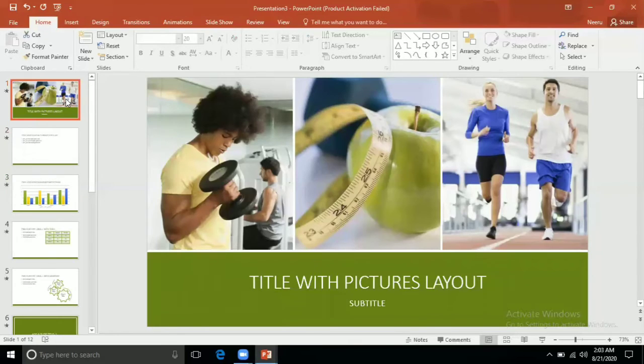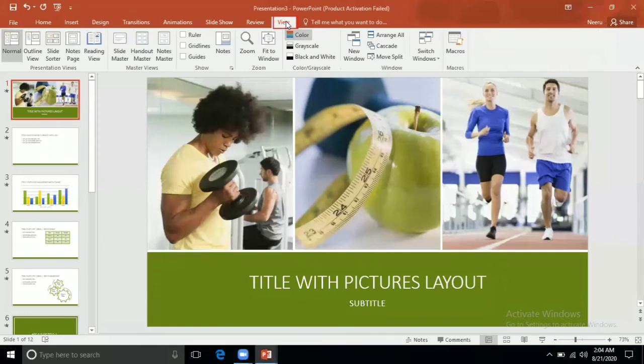One view is slide sorter view. As the name indicates, slide sorter means it will sort our slides. Slide sorter view basically shows the overall view of the presentation. In a sequence, we can see the slide numbering there. For this, firstly we will click on the View tab. The last tab is the View tab.